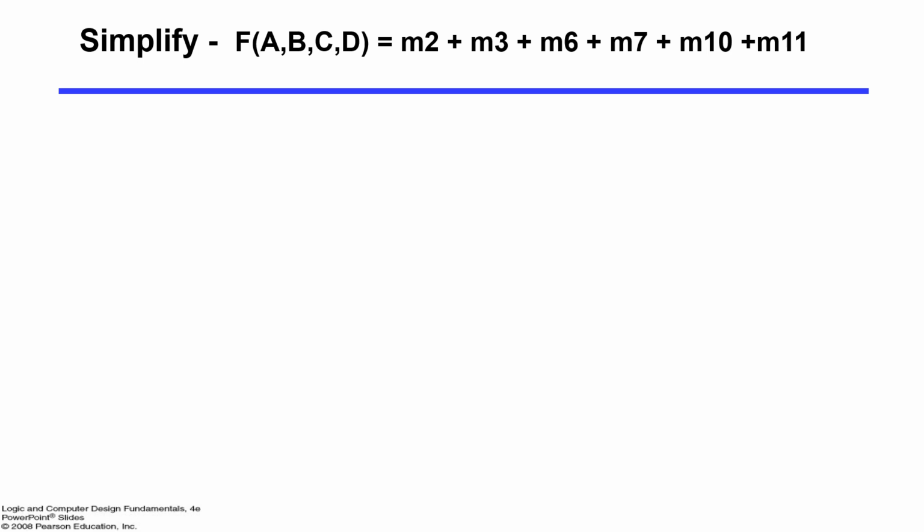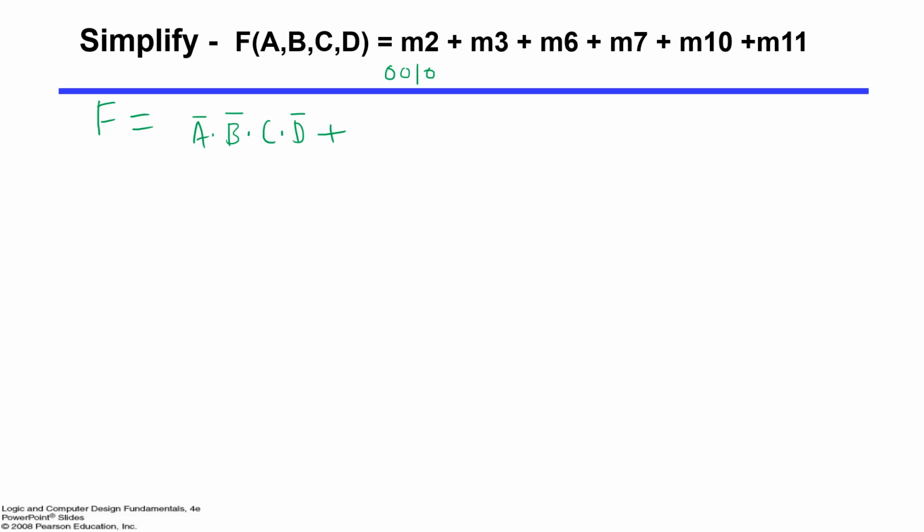So first of all, how is it given? It is given in the form of minterms. So let's write the function for this. Let me say f is equal to 2, which is 0 0 1 0. How will we write it? A bar dot B bar dot C dot D bar.